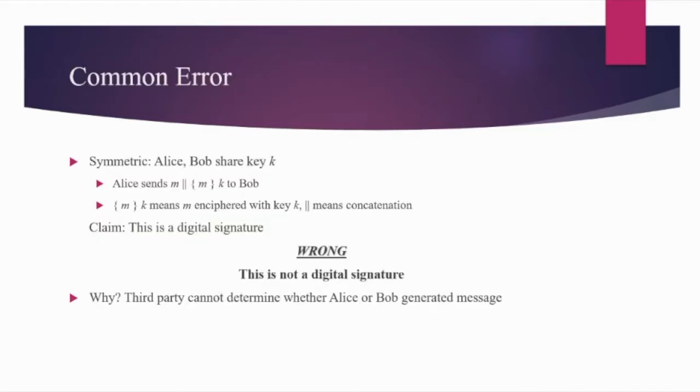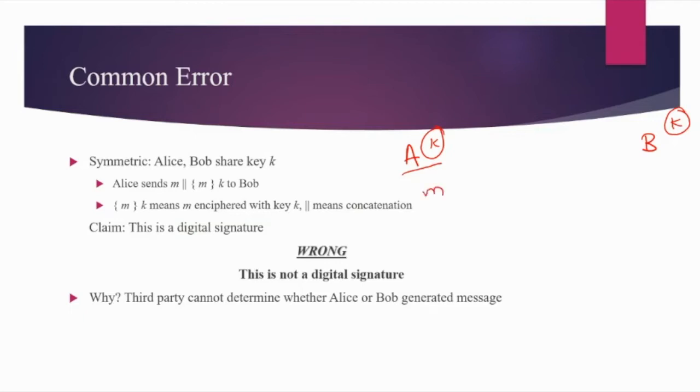Now let's see how to create digital signatures. Generally people will say, okay, we'll start creating digital signatures using a symmetric key. But let's see what the problem with a symmetric key is. If we use symmetric encryption for authenticating the message, what can we do? Again, we have two parties, A and B, that is Alice and Bob. If we use symmetric key encryption, then we have to share a key, let's say K.